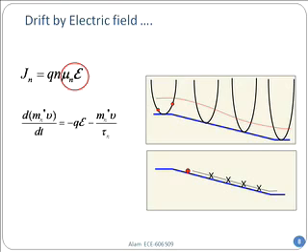How does the electron respond to an electric field? What is the electric field, by the way? Because this potential is changing from a top value to a smaller value, the gradient of that potential is the electric field. You can see the gradient is constant, and so I'm assuming that there is a constant electric field pumping